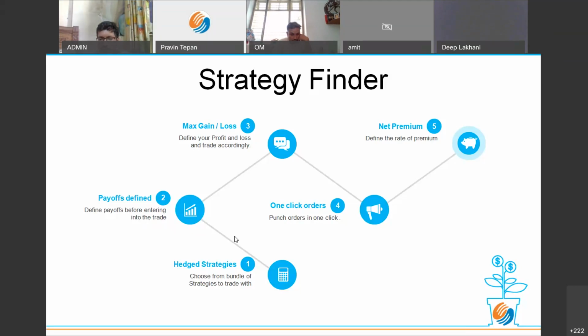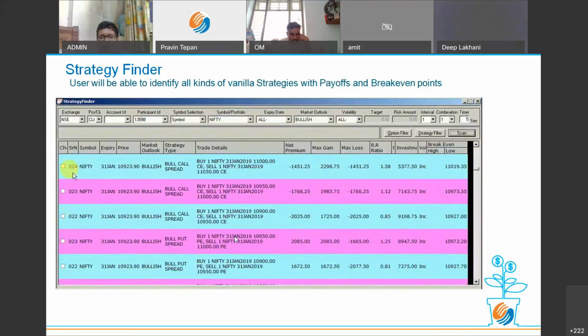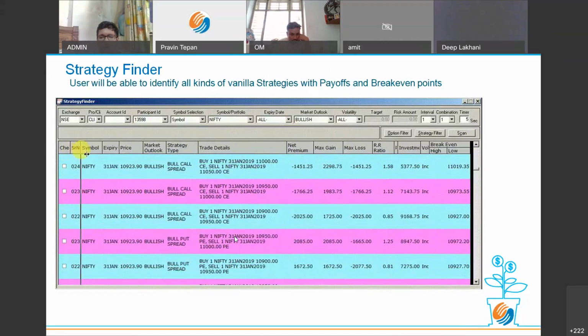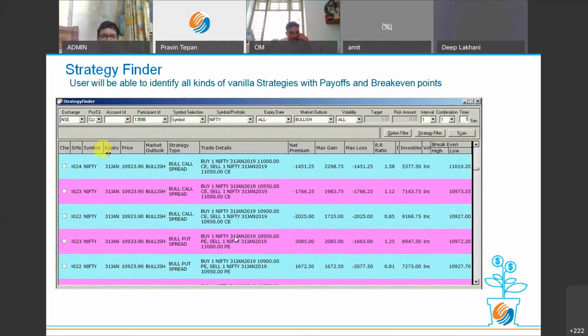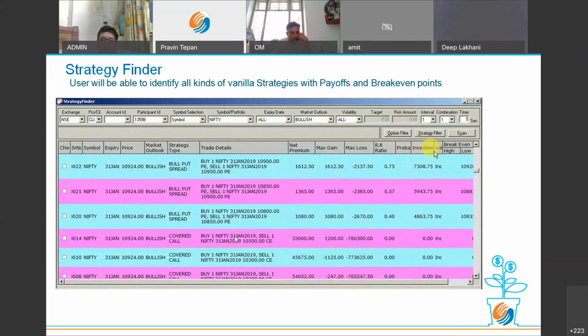All I have to do is select the view: am I bullish, bearish, neutral, or volatile, and the expiry, and accordingly the system would throw up the best possible strategies for you. Not only that, it will also give you maximum gain, maximum loss, and the break even points.